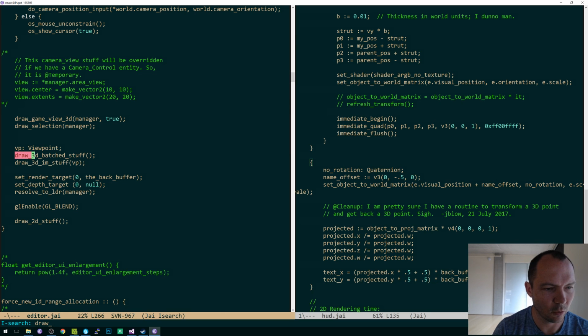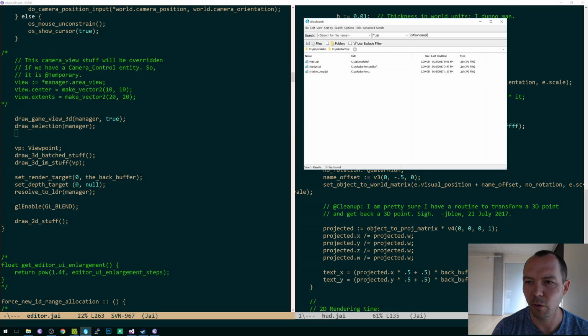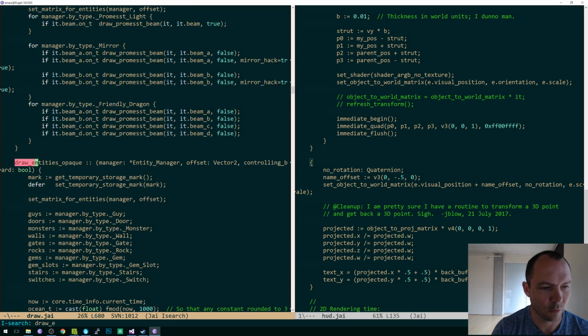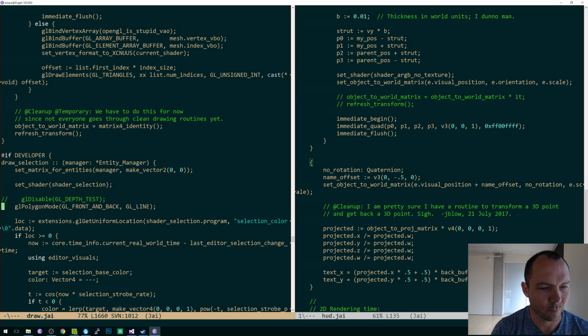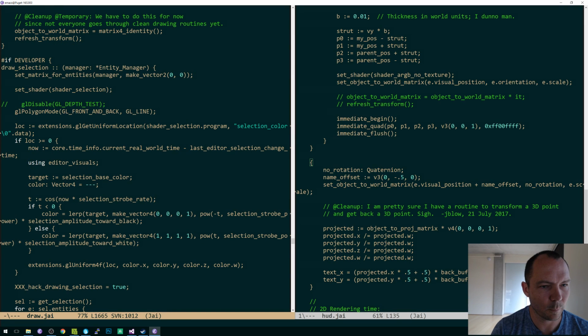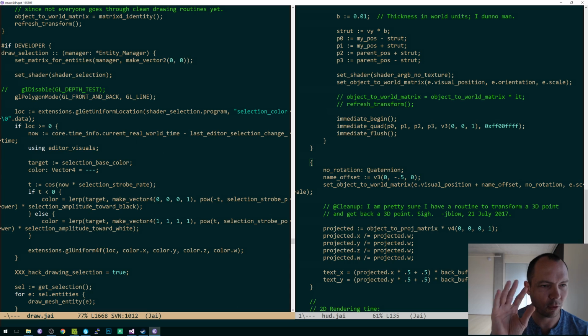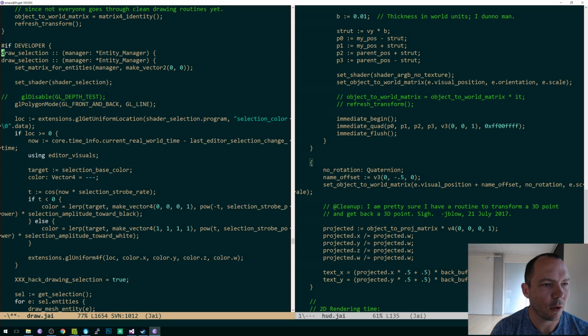Draw selection. Where is that? Draw selection. Draw. Okay. Most of this is just about picking the color because the selection color strobes. So we're going to say draw